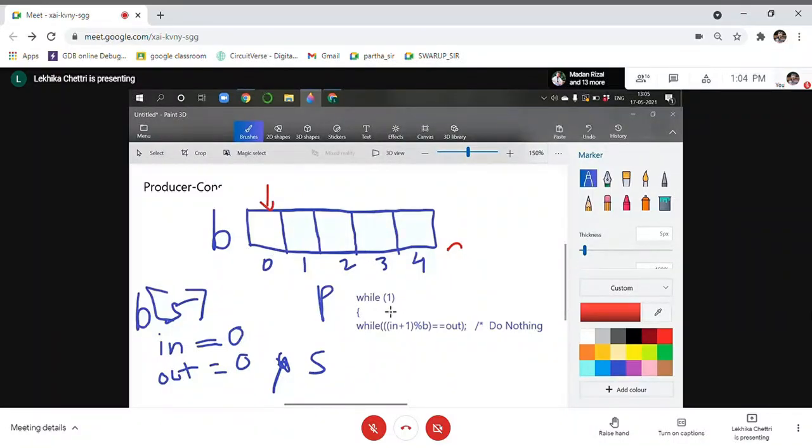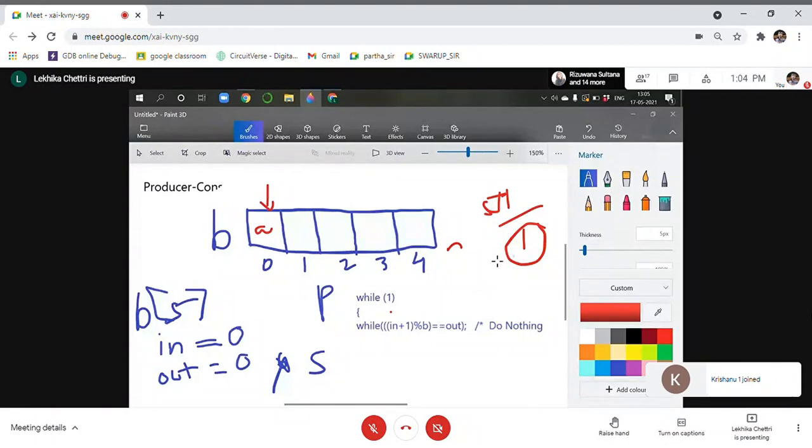So 0 plus 1, we put 1 here. 0 plus 1 is the 1st location. So 1 modulo B, where B is 5. When I do 1 divided by 5, it gives me the remainder, so I will get 1. Is 1 equal to out? No. If it is no here, it will continue to the next line.